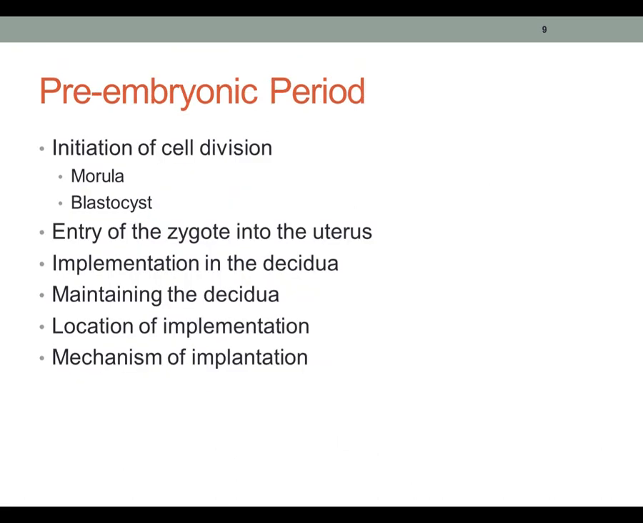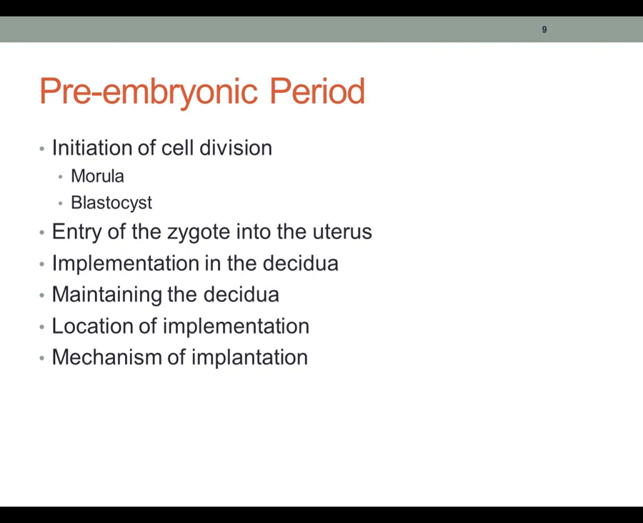So the pre-embryonic phase or period. This is when we have that first initiation of cell division. So the sperm and the egg have joined together. They've made a cell that's complete with the 46 chromosomes. So now it starts to divide. And while it's dividing, it's traveling on through the fallopian tubes because it has to implant in the right place